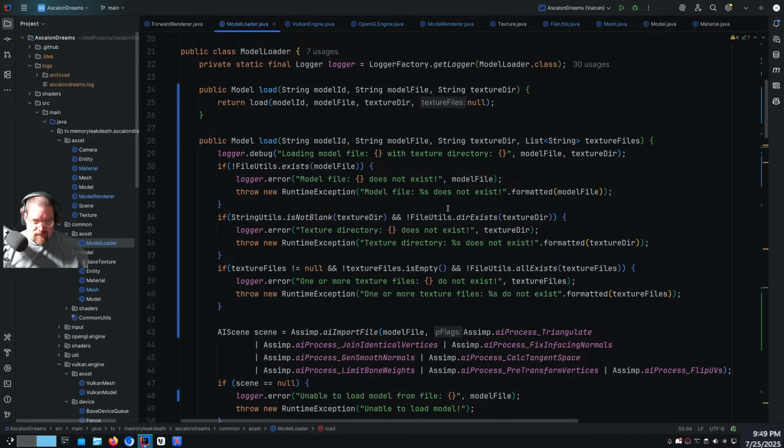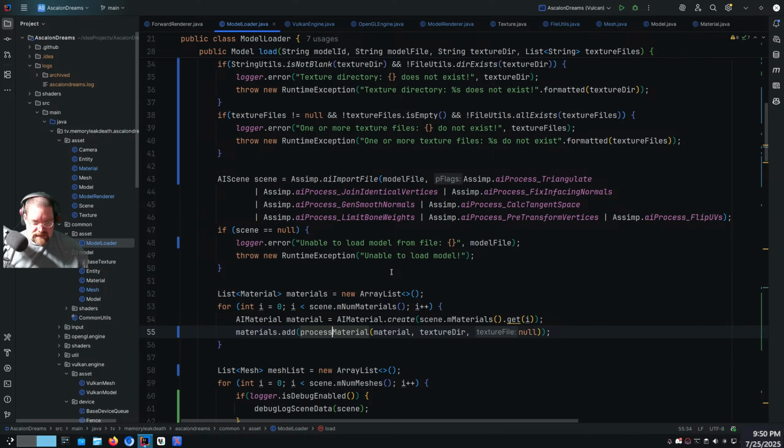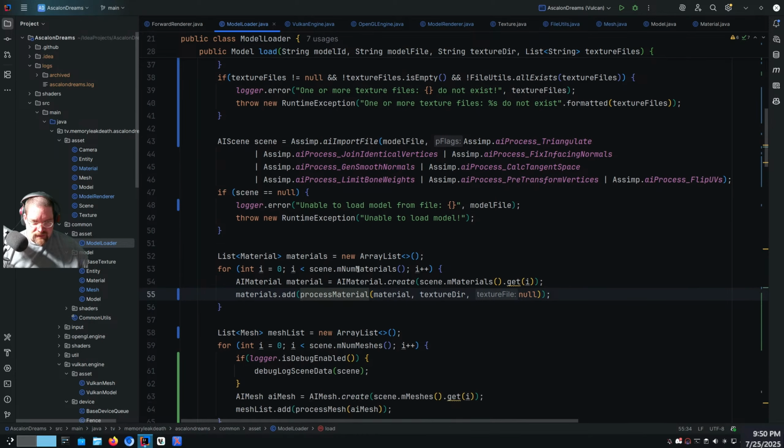Because it might be just a matter of leaving that file name the way it is, potentially. I mean, let's see. Yeah, we'll just run through it. Worst case scenario, it'll just be like the model file doesn't exist or the texture files don't exist, whatever the case may be. Anyway,